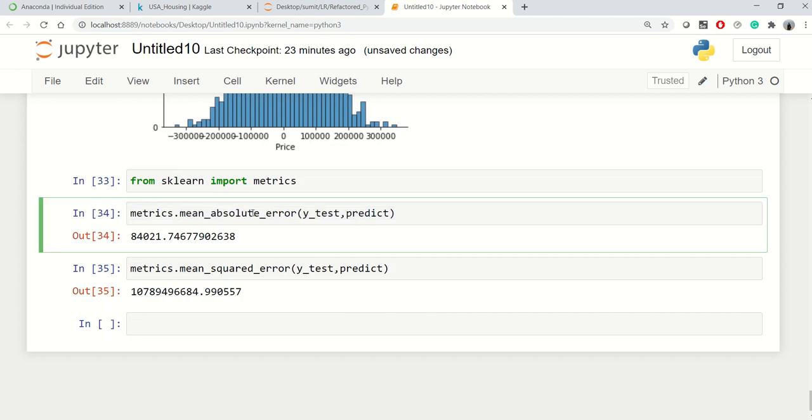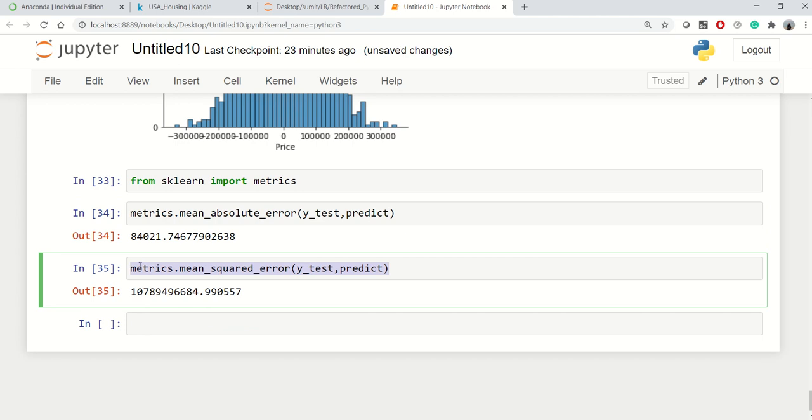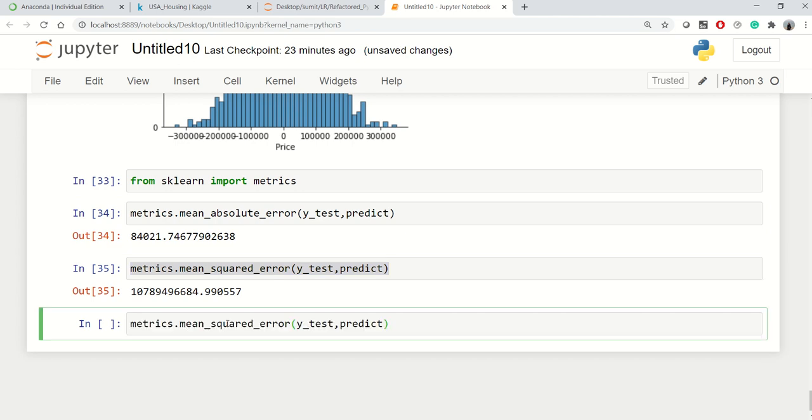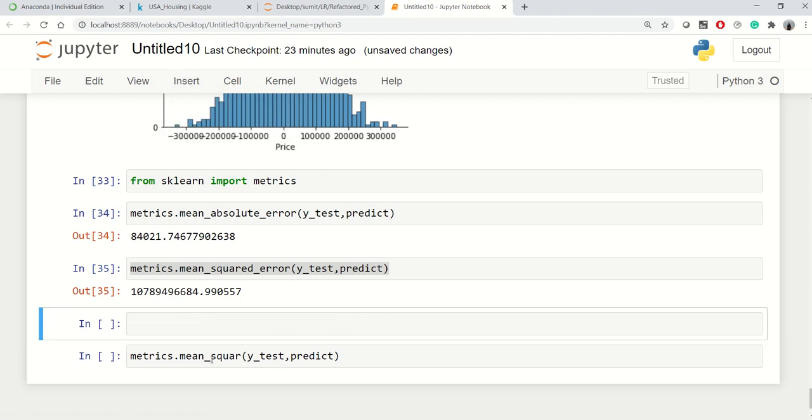So this is my mean absolute error, and this is mean squared error, and now we're going to find the square root of the mean squared error. Actually, root mean squared error is the square root of this mean squared error, right? So we'll just take this value and get the square root of that. That is RMSE, root mean squared error.